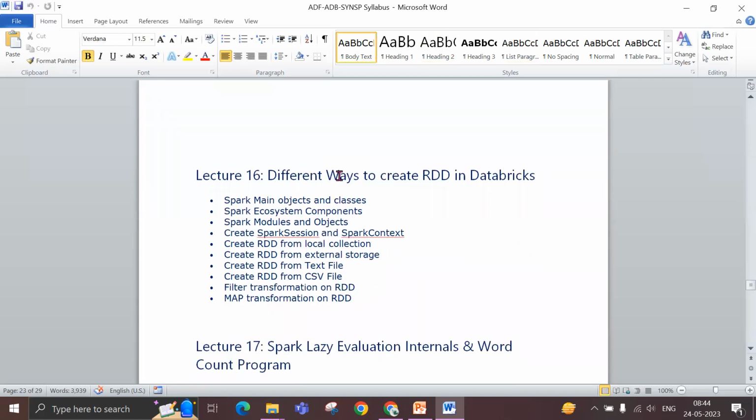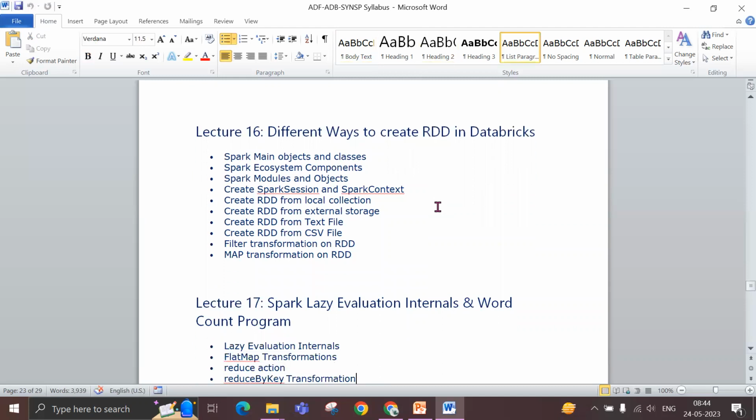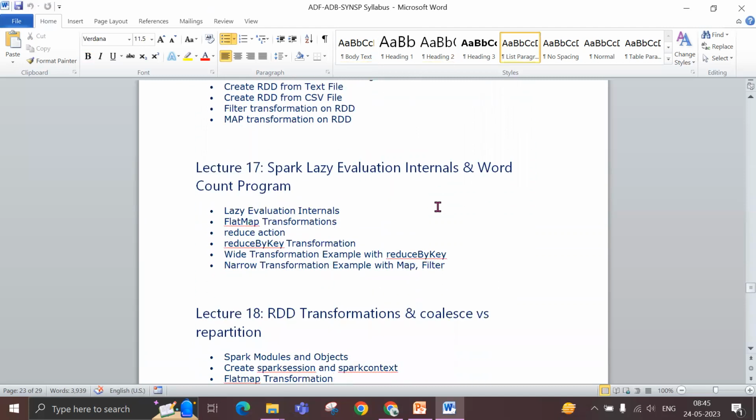All right. So now RDD, what is RDD? This is another new term. Okay. So if you don't know, just write off this word as well. RDD. What is RDD? What is the internal structure of RDD and how does it behave? All the stuff we are going to discuss. Okay. So one of the properties of RDD is lazy evaluation. So what is lazy evaluation? Right. So all those things we are going to discuss as part of this syllabus,